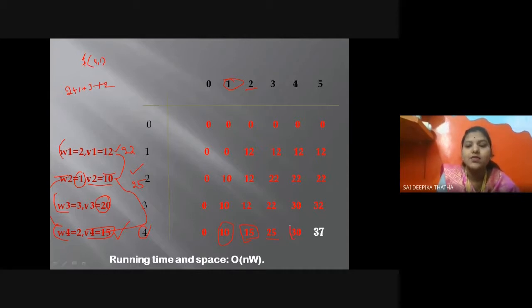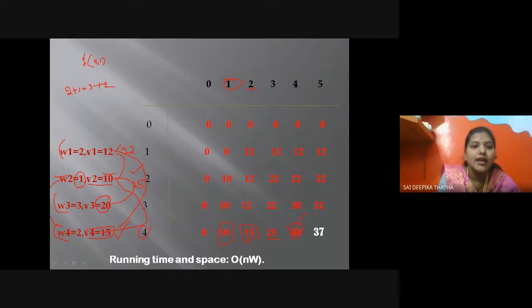Now, next one is what? 30. Next one is 30. How can I get this 30? Take 4. I can add 2 plus 2 or 3 plus 1. Okay, 2 plus 2 now, 15 plus 12, that is nothing but it is lesser than the value where 3 plus 4. If you add this 3 plus 4, you will get 30. If you add this and this, you will get less than 30. So which is greater? 30 is greater. So directly take this.